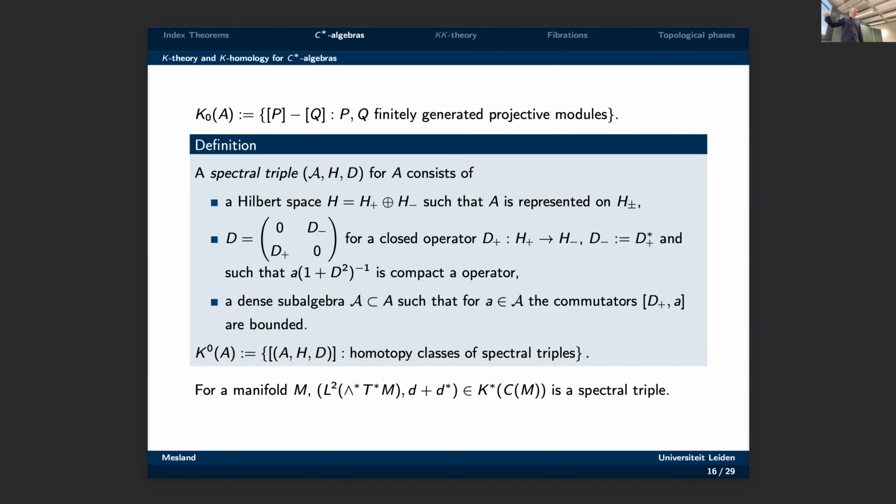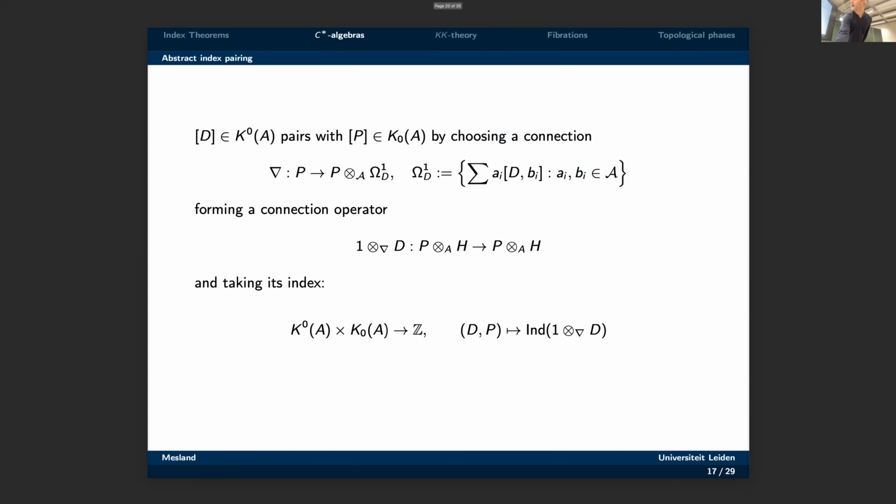But there is a way back when you add some extra structure on these triples. And then you can do the same trick. So you can talk about connections on projective modules in a formal way. So they are maps from my projective module to this tensor product where omega 1D, once I have my operator D associated to my algebra, I can look at linear combinations of this form, and they actually behave like the